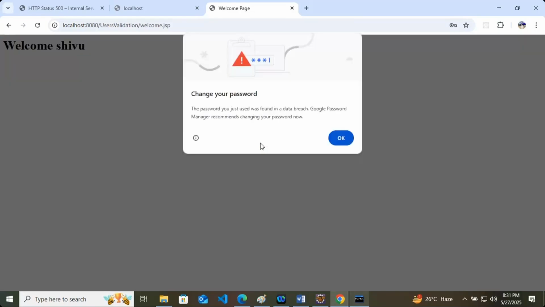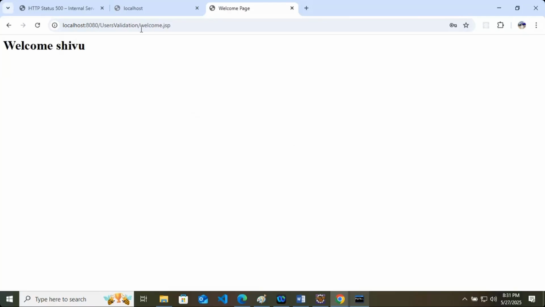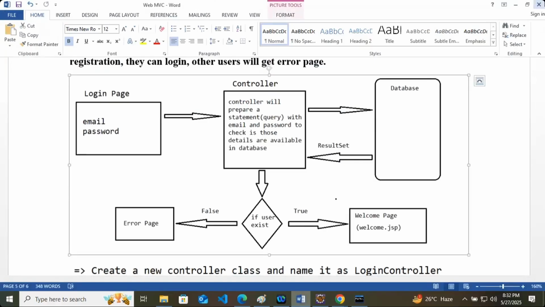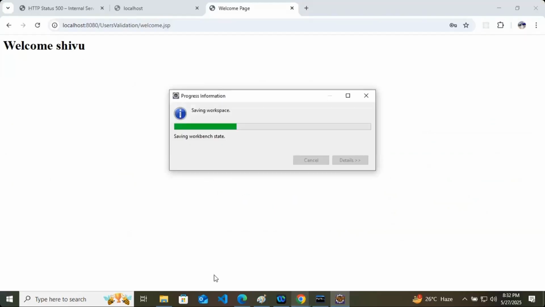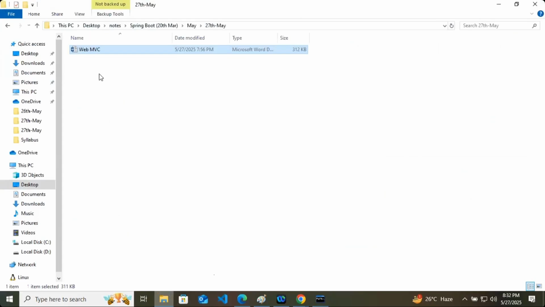Okay. So handle this everywhere whenever you are adding login or sign up functionality: whatever is your first page, or you can say the home page or welcome page, it should not be visible directly. That is MVC. It is MVC. Now what will Spring MVC add here? So let's understand Spring Web MVC now.